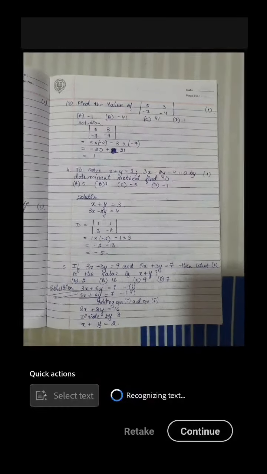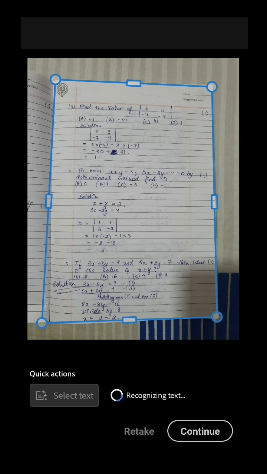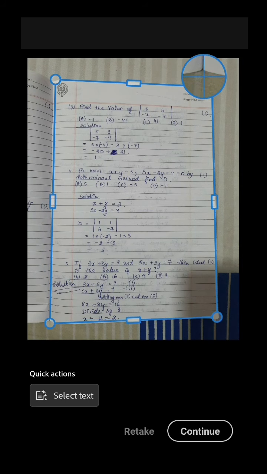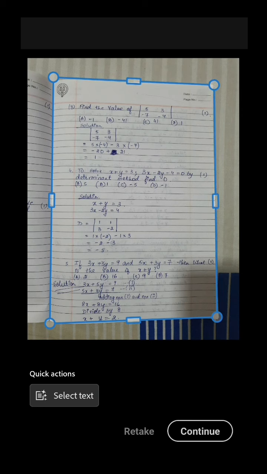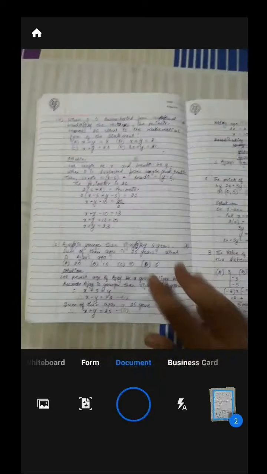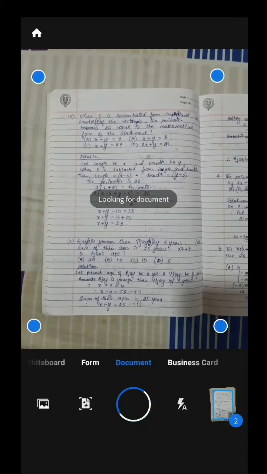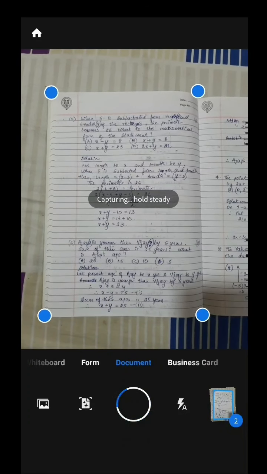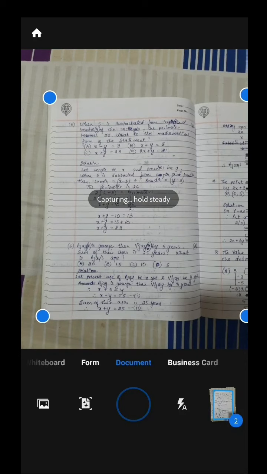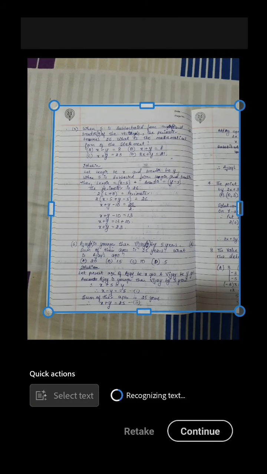Just keep it handy. It will auto recognize the page, and then, making sure all the edges are proper, you can click on continue with your third page. It will auto detect the paper and click a photograph.